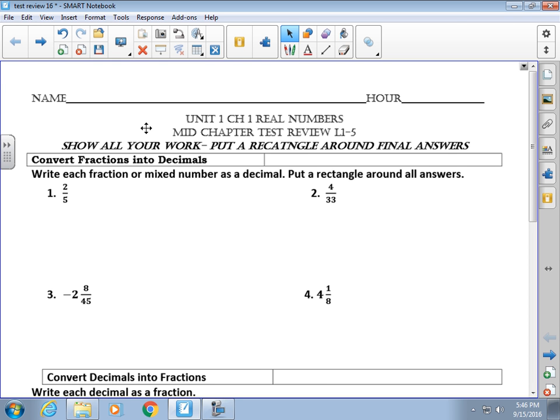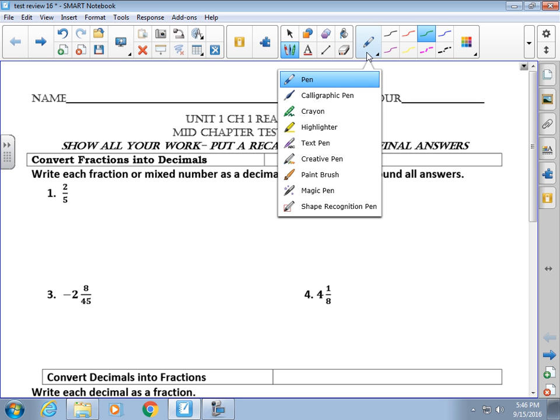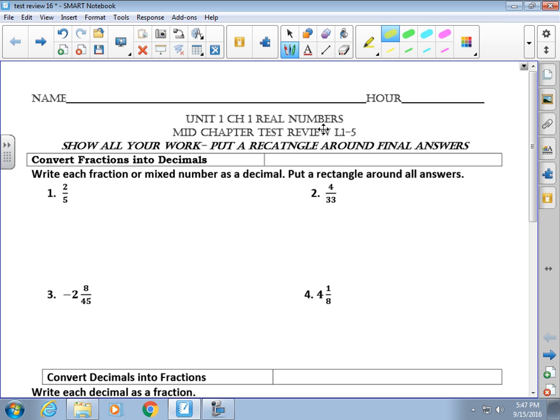Go on, I will be making references to places you can look in your Math Interactive notebook or possibly other videos that you can watch to help you better understand how to do some of these things. So the first thing it asks us to do is